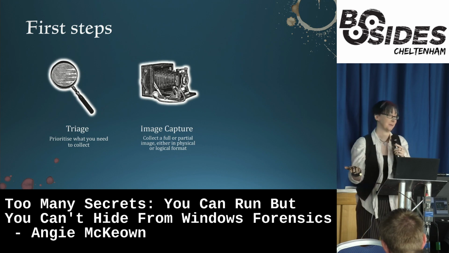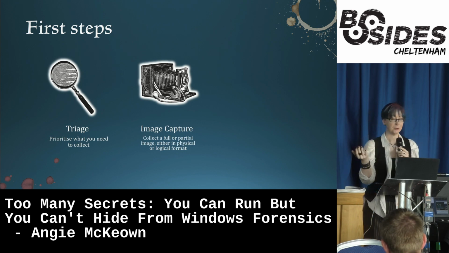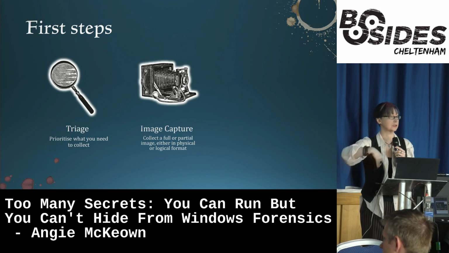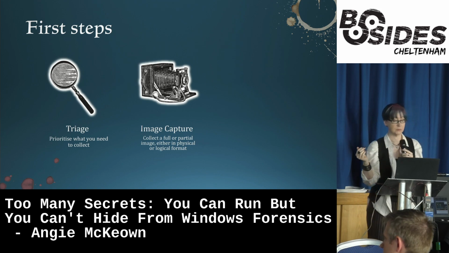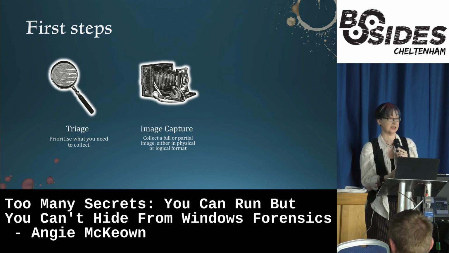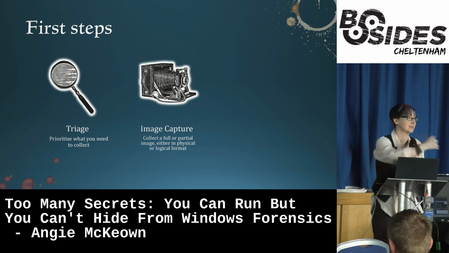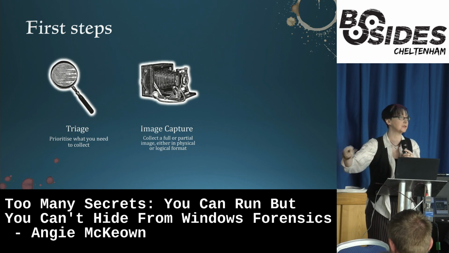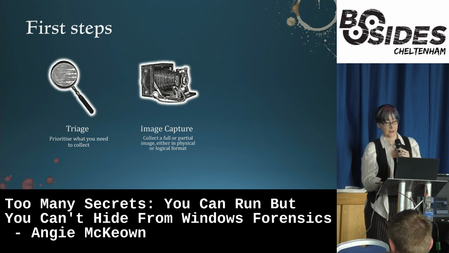Next, we want to think about image capture. So we try to work out which logs we will look at first that give the greatest return on investment, because there's way too many. So often at the very start, only a partial image is taken at the scene, so the investigation can get started. And when I say at the scene, I don't mean necessarily a police crime scene. This can also be your office fraud scene, wherever the machine happens to be. And there are a few different options for this.